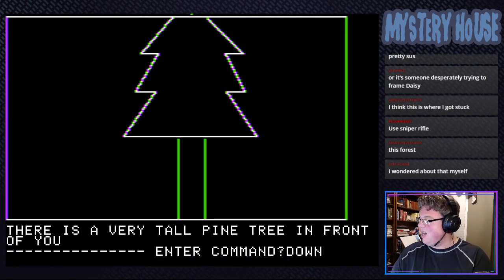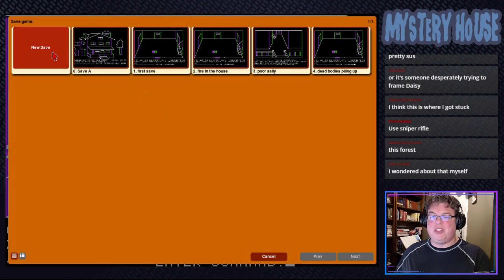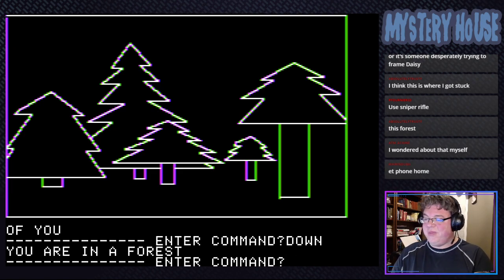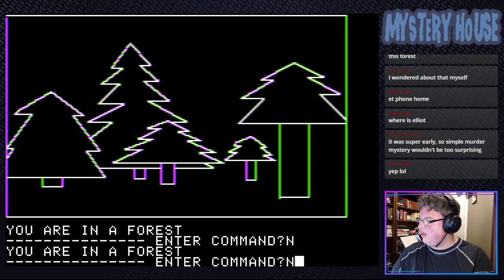Down. Down. We're just in a forest now. Says save. I believe this forest is a maze. I'm not sure about that. Luckily, I have a cheat here. Oh, this does have that Atari 2600 E.T. pine tree vibe, doesn't it? Oh, wow. Like I need to start assembling pieces of my communicator or something. All right, so we're down, down. Now we go north, north, north, north, up,